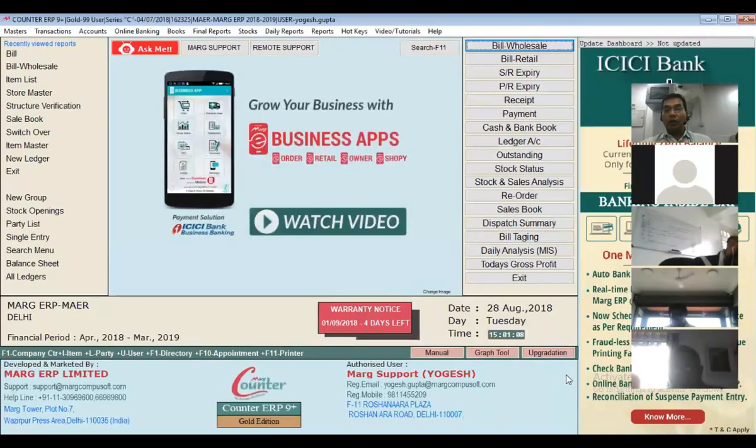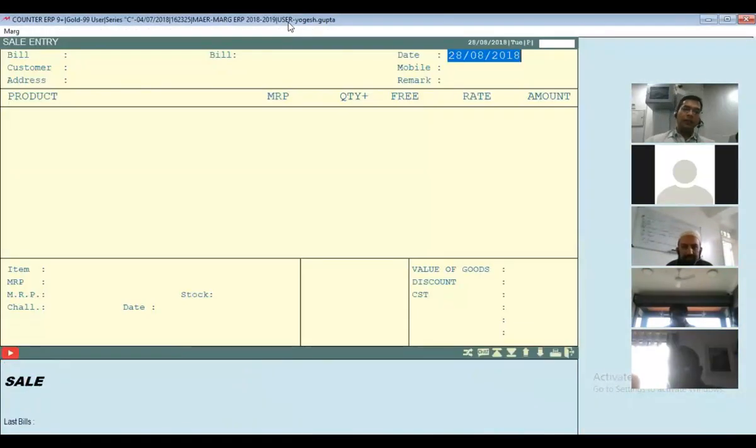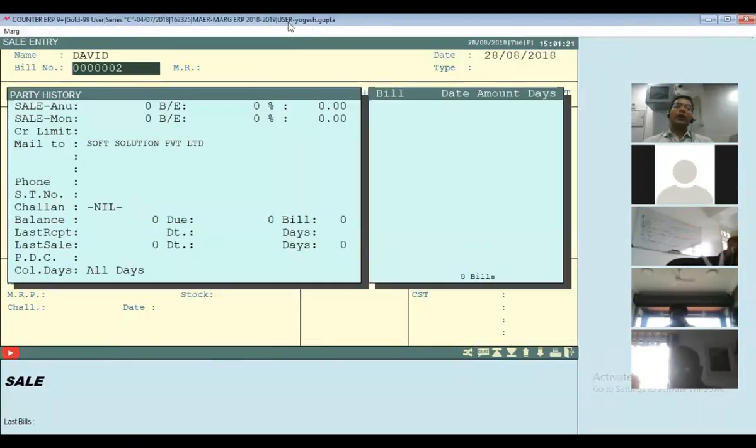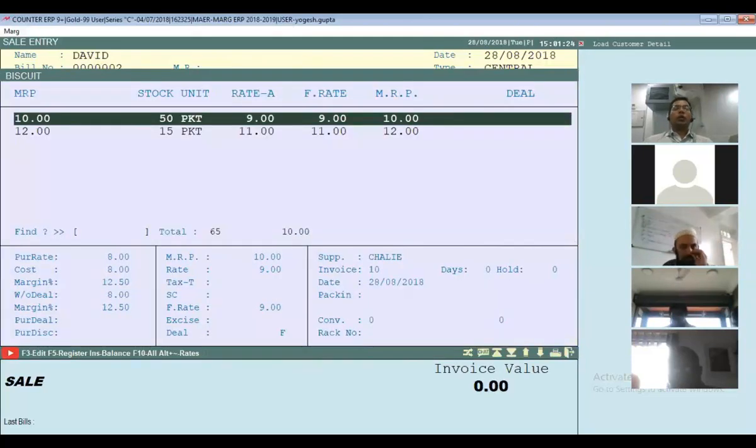Now look at that. I have entered two purchases. One is of 10 rupees, one is of 12 rupees. Let's see. Alt N or maybe enter. Enter. Now look at that, sir. You would be getting two different MRPs of biscuit. It happens practically. When a shopkeeper does the billing, he must be having different MRPs. In pharma, different batches. In garments, different sizes. In electronics, different serial numbers. Right? So now I'll do billing of 10 rupees.